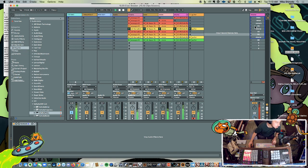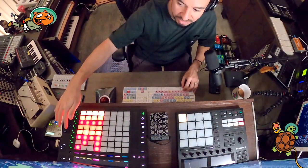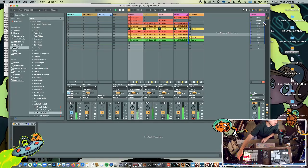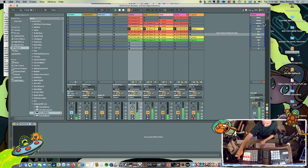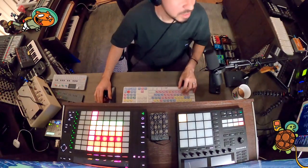By the way, you can see this blue square around here. That blue square lets me know that's what I can see on the Push. If I scroll down, up and down, the blue square moves. So now I'm down here. So if I go to my bridge,